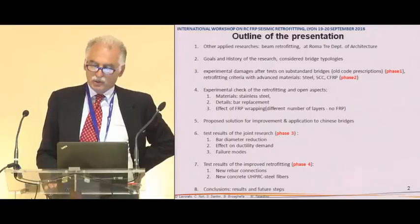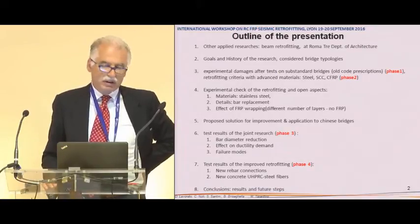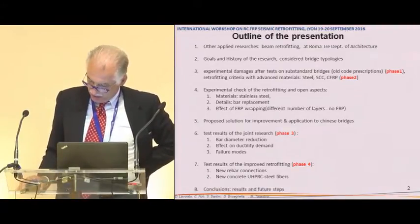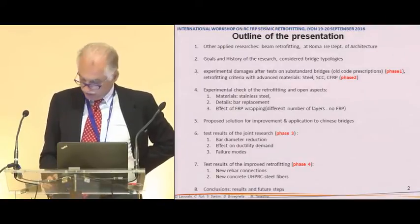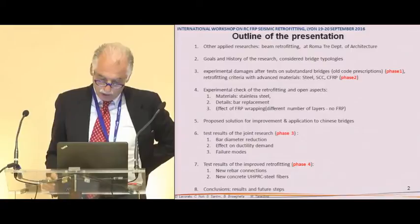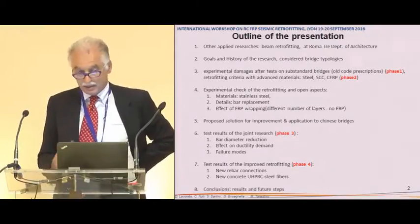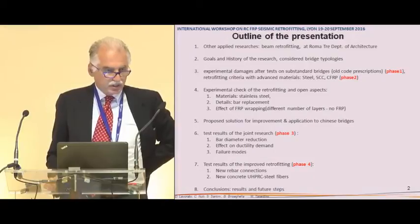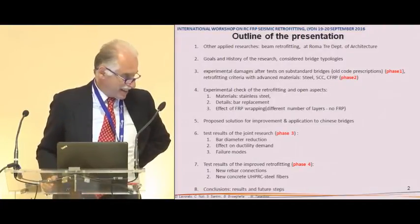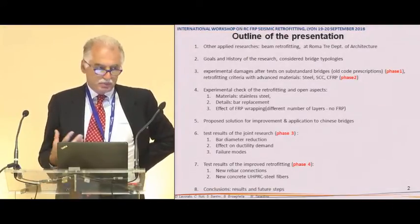in which we supposed to ameliorate the retrofitting methods, because we discovered there are a lot of problems when you enter into real retrofitting. You need a quick method, a reliable method, and an effective one. And there are some key issues to be solved nowadays that can be underestimated from our more or less theoretical approach, and which are extremely important to get good, efficient and sustainable results, as we used to say now. And finally, we have a fourth phase in which we try to use some new materials,